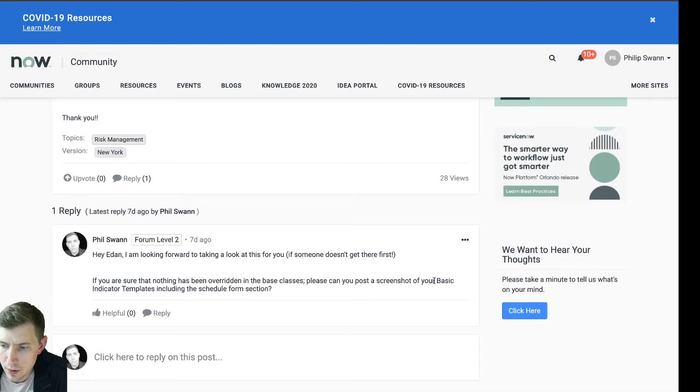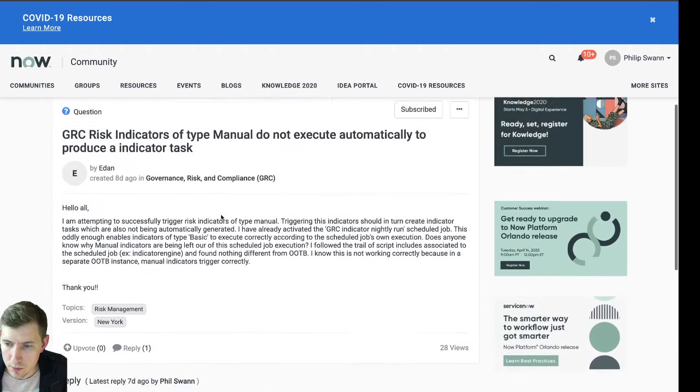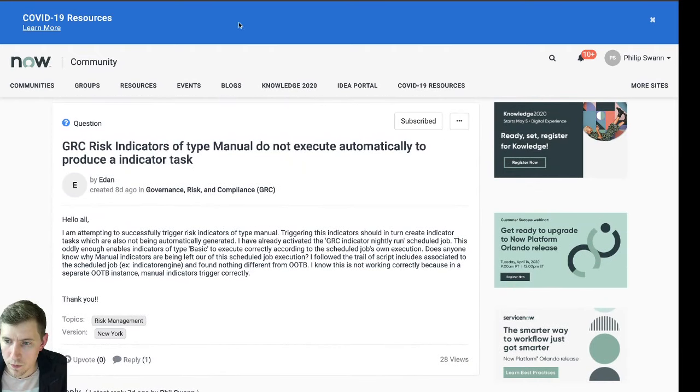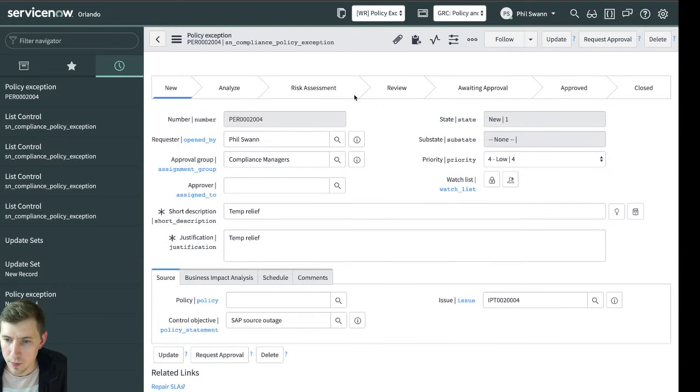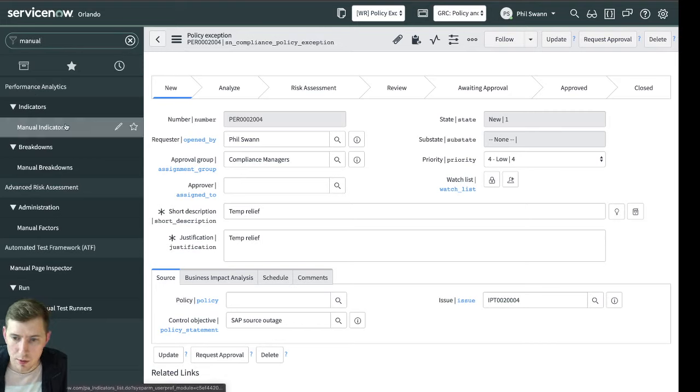Well, I think when I said basic here I meant manual. Thinking about this now, what we can do is just step through and look at that process. I think that might be useful. So if we go to